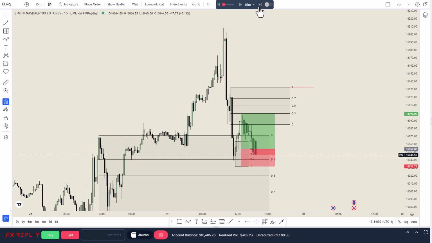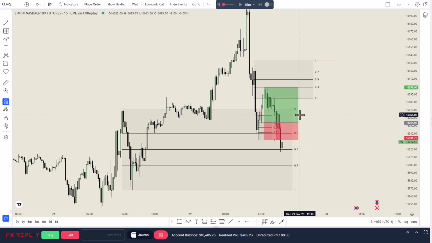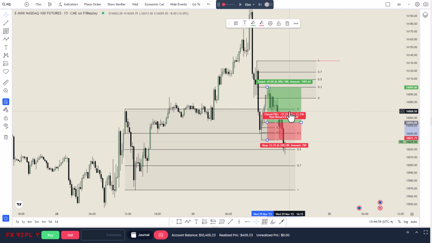All right, so we don't have that. Anyway, price gave us a nice trade from here. It was another 2R, but see this precision or this